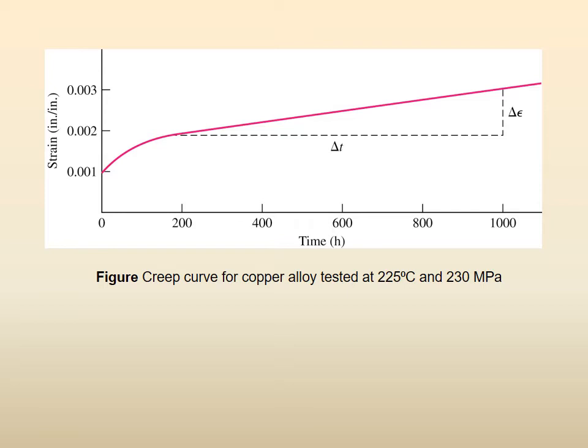Okay, so this is your diagram. There is strain here and time in hours there. And you see this test is started, of course, it has to start. And then once we reach a very nice straight line, we stop the test. We don't go further. And at any 2 points, you find the slope, delta epsilon upon delta t. So change in epsilon from this point to this point, and change in time. So this will be the creep rate, the strain rate, right?